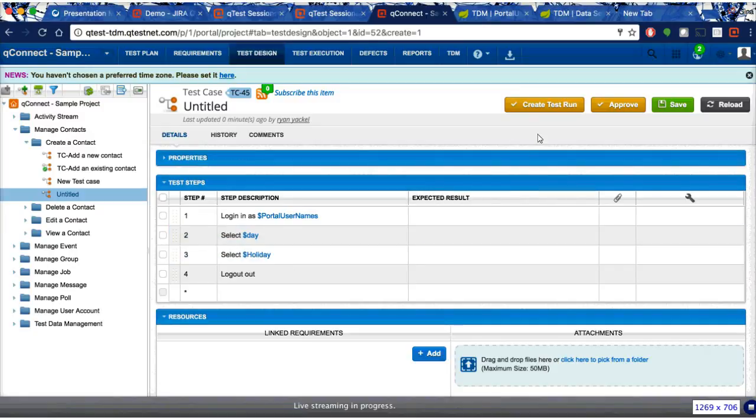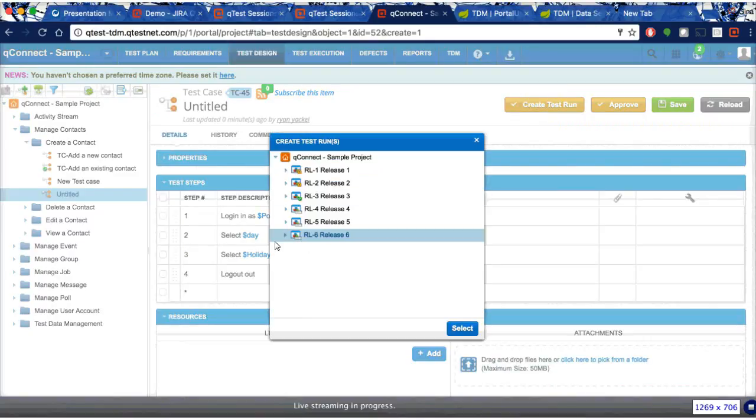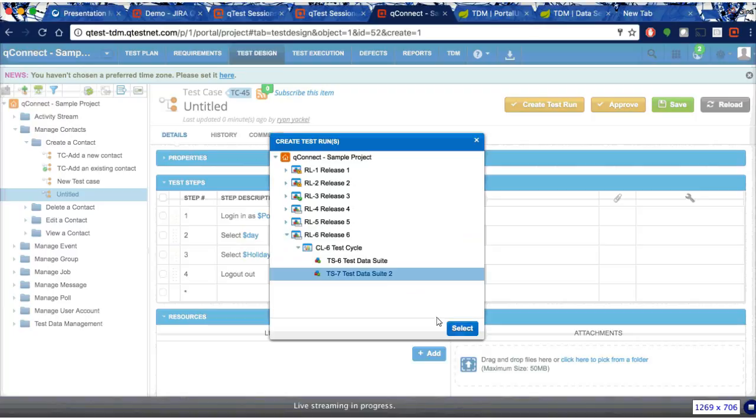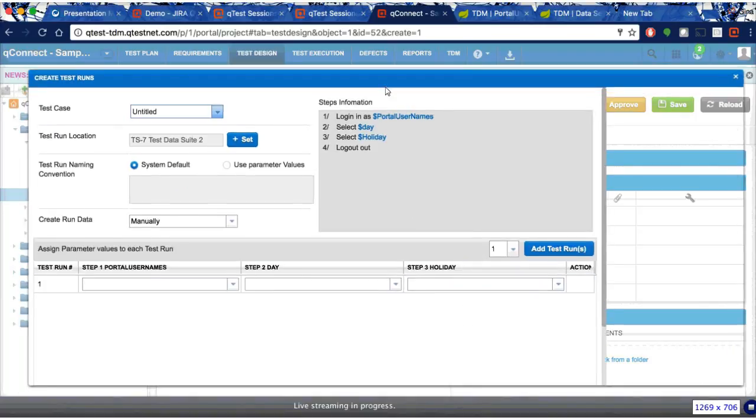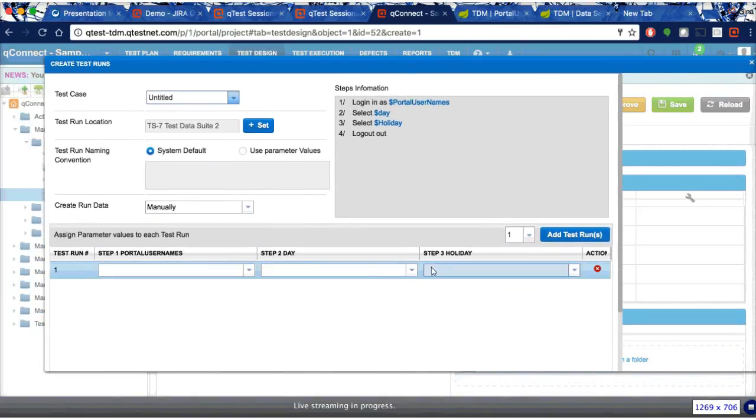So previously, when you're creating test runs, they're usually done in test execution. And what we've done is we've brought some of that functionality over into test design, where you can say, okay, I want to create a test run and assign it to a particular test suite. In this case, I'm using this test data suite that's in this test cycle over here. And when I select that, now I'm able to say, okay, for each of these parameters, what do I want to do? Do I want to select